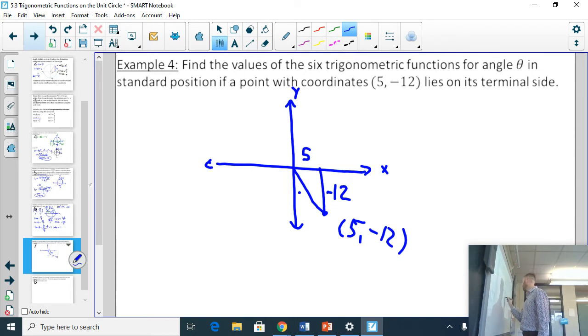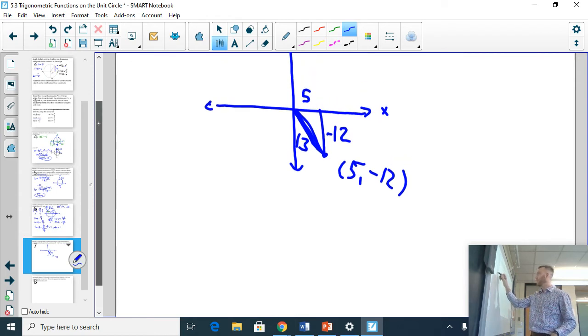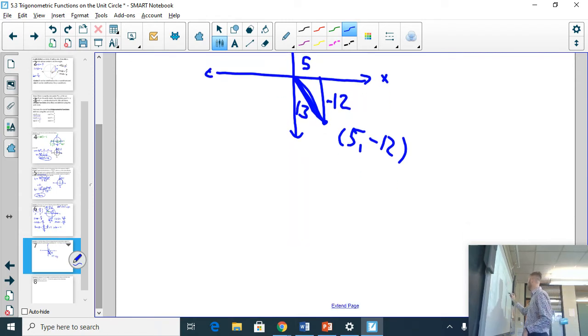It'll be 5, 12, and 13. Now, our radius, which is this line here, will always be positive. And now that we have this triangle information, because 5 is our x, -12 is our y, and this is our theta,